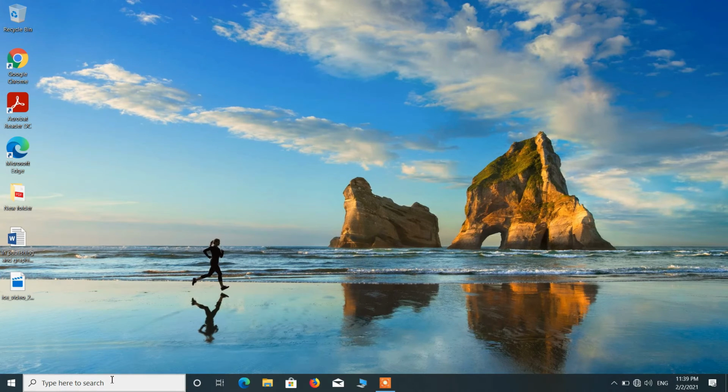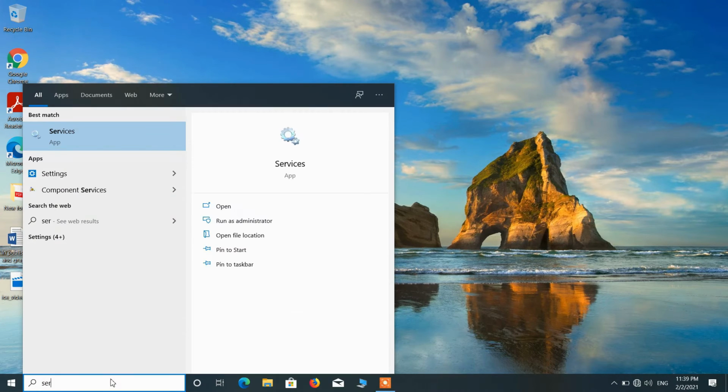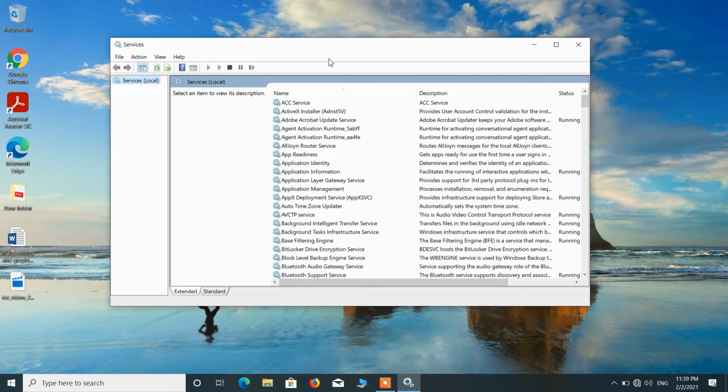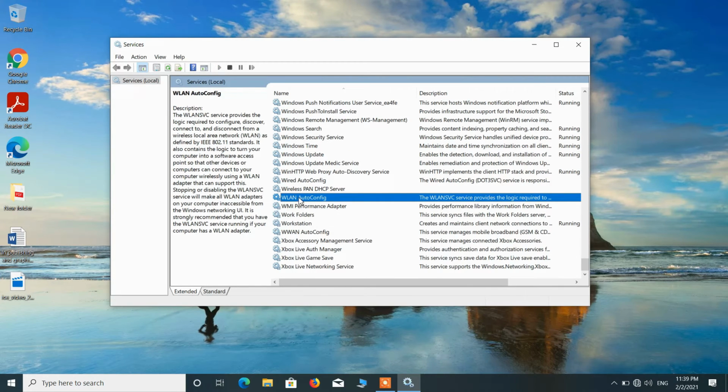So just go to the search bar and just type services.msc. Just click on the search result services, click on yes. Now in this services list, just search for WLAN autoconfig. So here it is, WLAN autoconfig. Just right click over this, click on properties option,